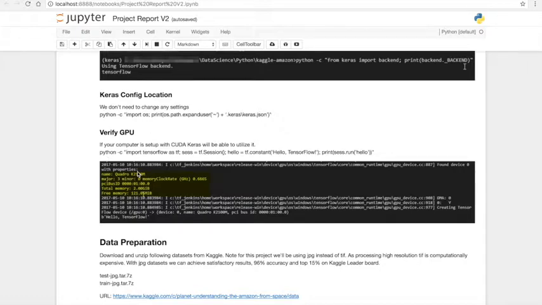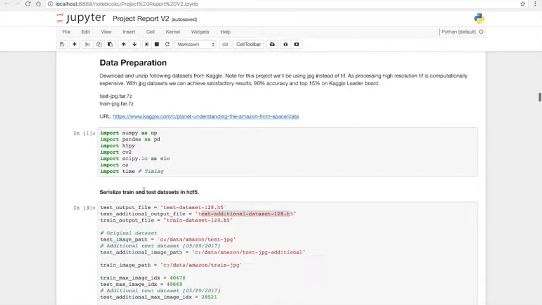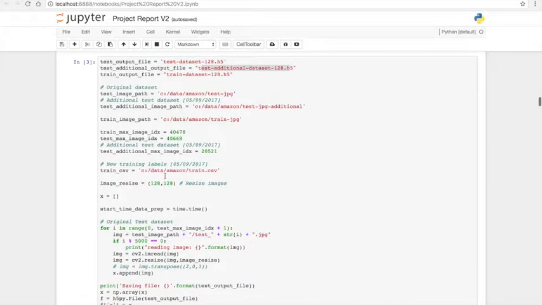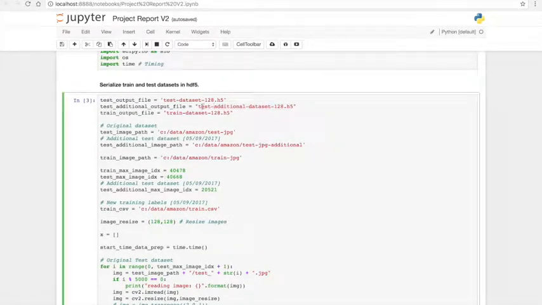We're going to verify the GPU. In my case, I have a GPU with 2 GB of RAM, and so we can prepare our data. We're going to save the train and test data sets into HDF5 format. This script is going to create the H5 file,